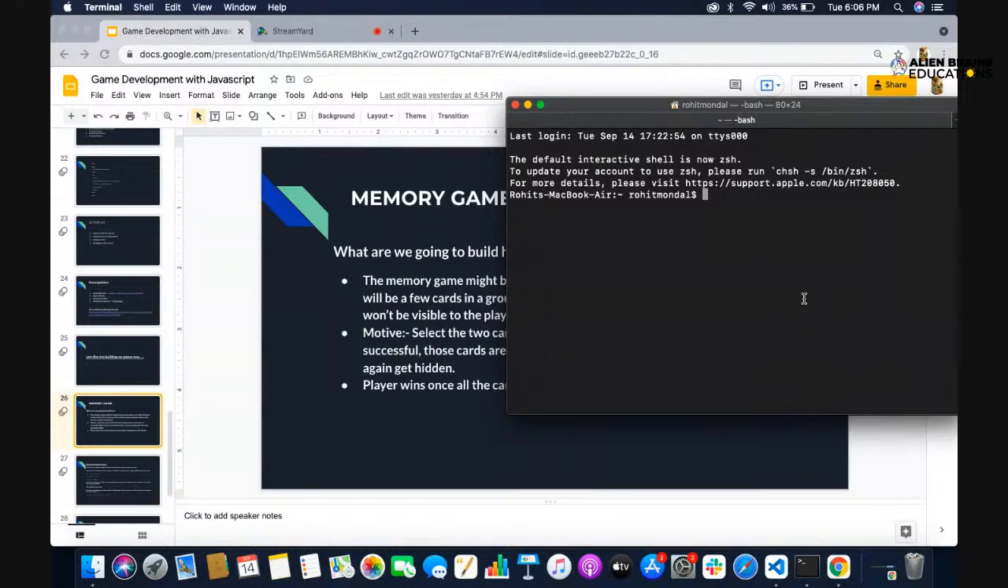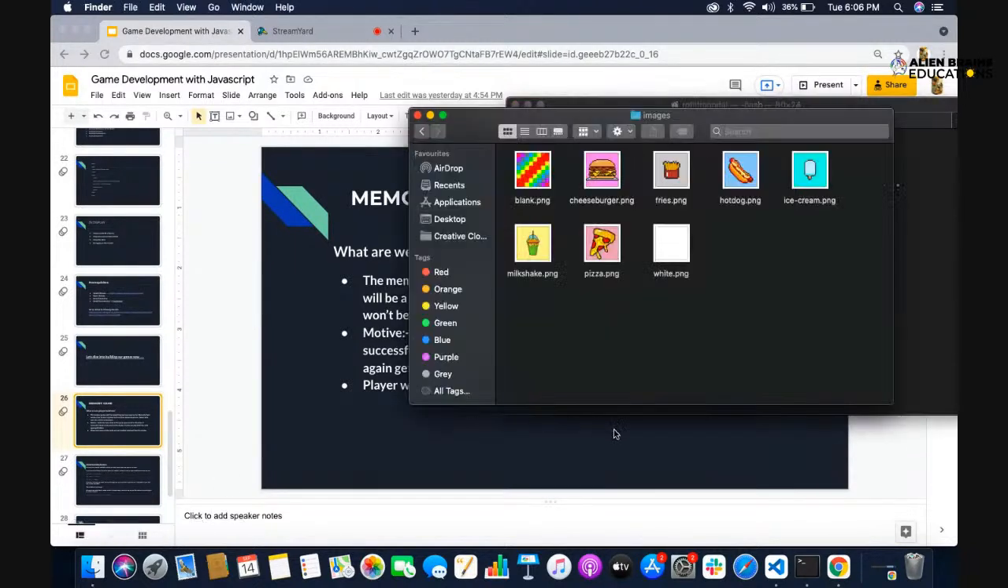So what are actually directories? Directories are kind of, I can say, folders. So what will my folder name be? I can name it memory game, since it's going to be a memory game. So to do that, first of all, if you look here,